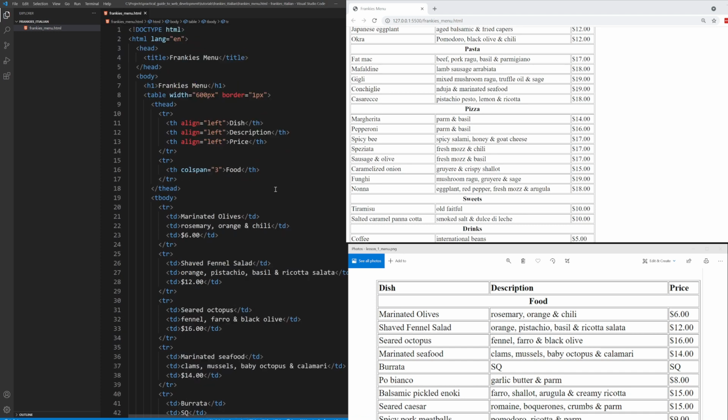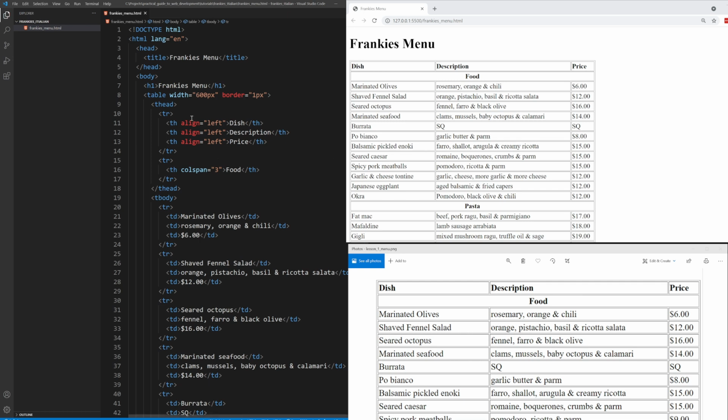We can specify the width of our columns. So one way you can do it, you can specify the columns on the headers. There's multiple ways you can do this, but this is one way. I will show you another way as well. So this is not the only way. So we have 600 pixels in total width. So that's 200 pixels each. So if we explicitly say 200 pixels on all of these,